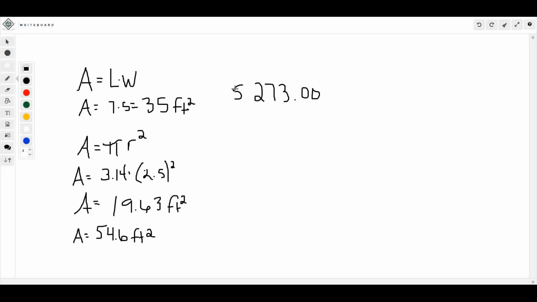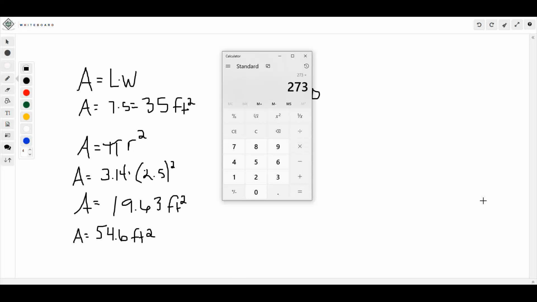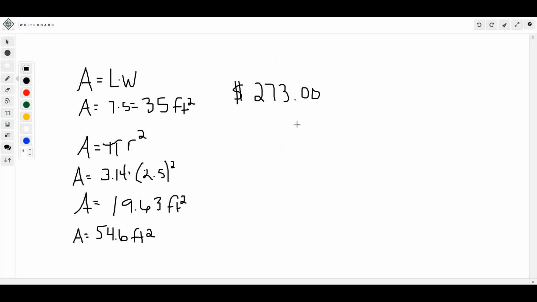All right, so that's what the window itself is going to cost per square foot, plus an 11% tax and a flat $100 installation. But the installation portion is not taxed, so we have to add that in last. So we're going to take this and multiply it by 11%. Remember how to do that? Times 0.11. So that would be 30.03 in tax that we're going to add,